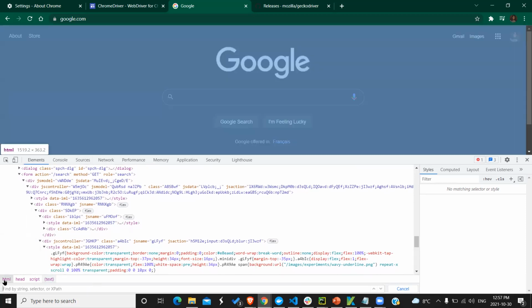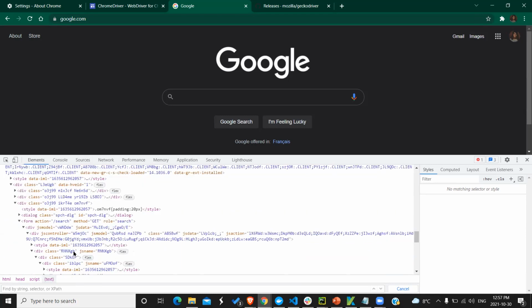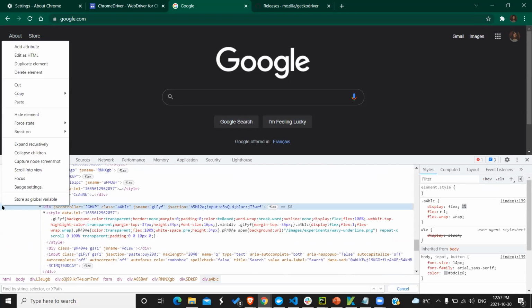Here you can provide anything: a string, selector, or XPath. When we are trying to figure out XPath, there are two ways to do that: a relative way and an absolute way. When we do it the absolute way, we have to start from the root node, and that can be done like this. Copy this XPath.